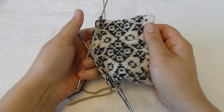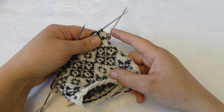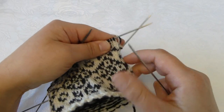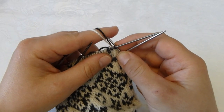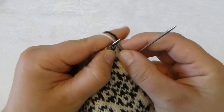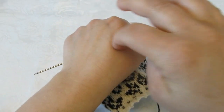The cuff is finished, and the next step is to start knitting the main pattern on the mitten and make increases for the thumb. So what I will do is that I will begin my row by knitting the side pattern, the pattern for the side band, and the side band on this mitten is 3 stitches here, and I will continue this part which goes here on the top,